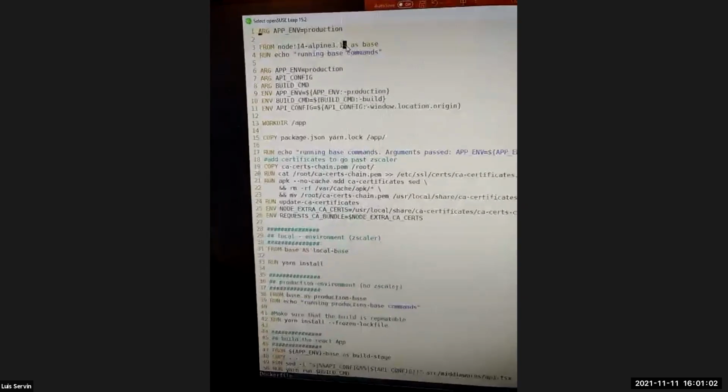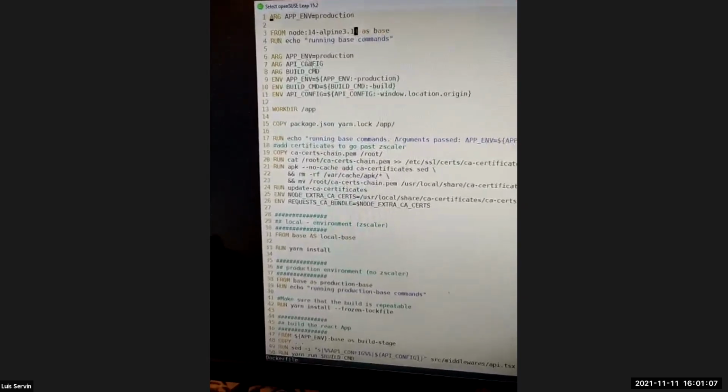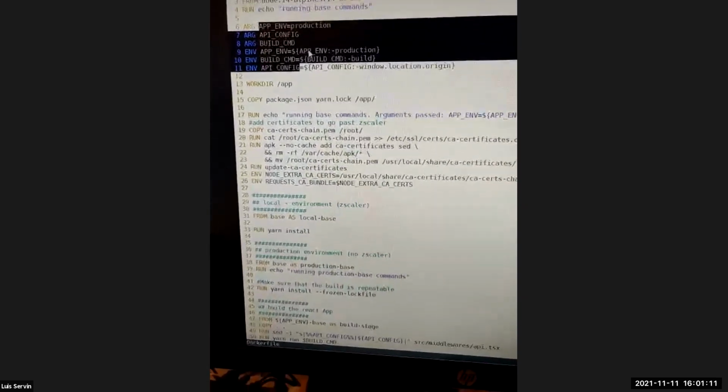I still have to add the hash sum to make sure that it's always the same image. And you will see here some arguments and environment variables. So what is happening here is